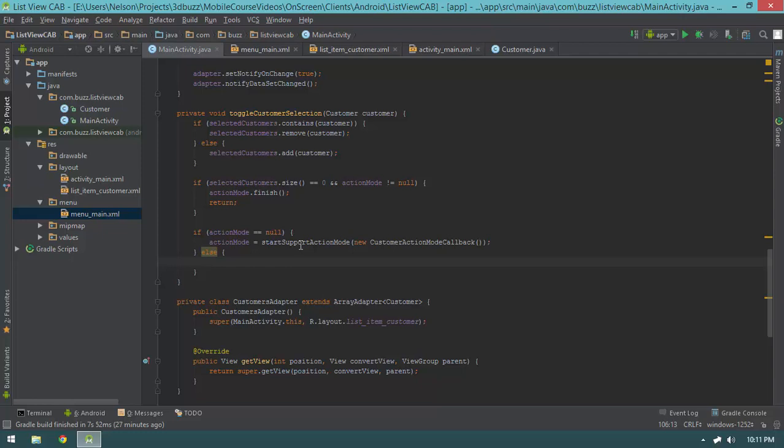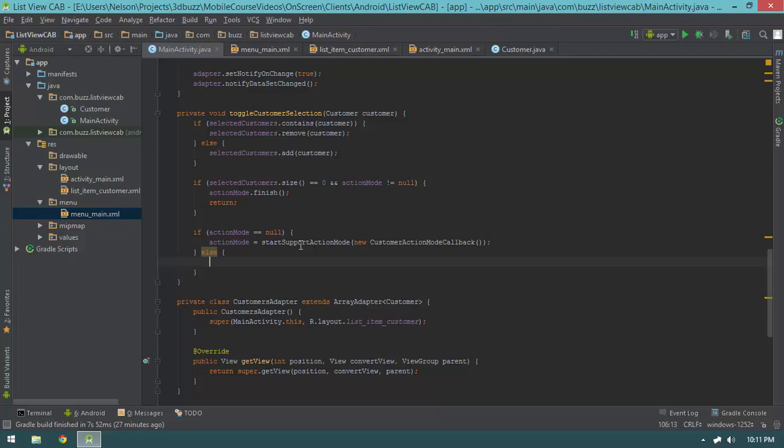So why would you want that? Well, let's say that you want to be able to bulk delete customers through this feature. You would open up an action mode, select a bunch of customers, and hit the delete key that would appear on the contextual action bar. But what if you wanted another thing on the contextual action bar that only applies if you have one customer selected, such as show customer? What if you wanted to long click on a customer object and have a show customer button appear,